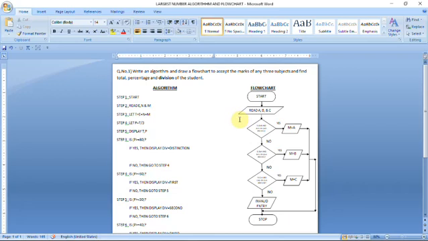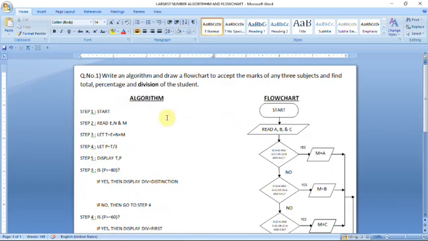you can easily understand in programming. You have studied many algorithms and flowcharts, and it will be beneficial for all the students, because when you learn programming, it will help you, because these are all programs, these are all questions related to the programming field also. You won't feel any difficulty when I start the programming language. So I hope you can easily write the algorithm and the flowchart for this problem.